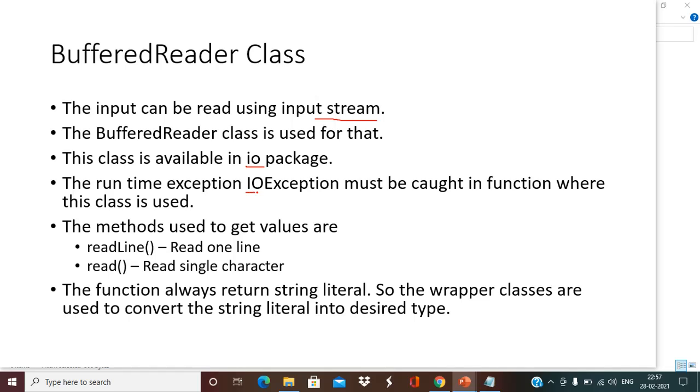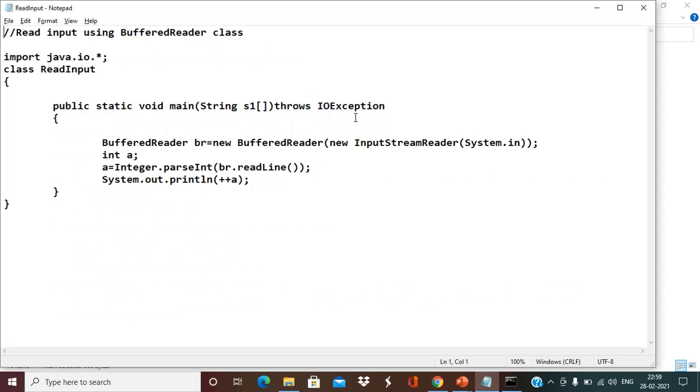Be careful in name case. This is a simple program which makes use of this BufferedReader class. So the import statement which imports the BufferedReader class, this class is available in the IO package. So java.io.*, because the exception class is also there within this IO package, so I have given a star. It will be importing both BufferedReader as well as the exception. I have given a name of the class to read input. The same name has to be given in the file name also, and here I have given R and I in caps, so the file name should also have these two letters in capital.